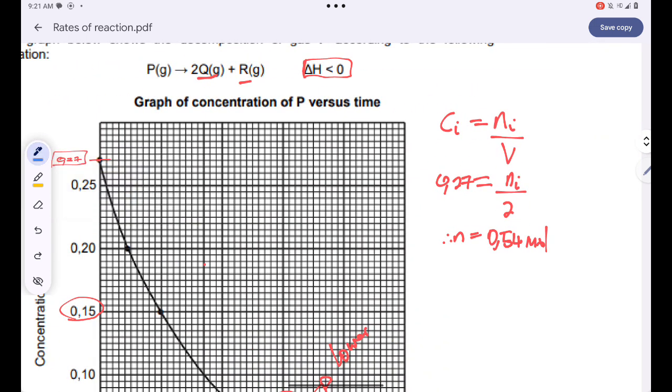And then the final concentration at 10 seconds is equal to the number of moles final all over the volume. I have 0.15 all over the number of moles final. The volume is still 2. So the number of moles at t equals 10 seconds is 0.3 moles. Are you together? So therefore the change, or let me just say the rate